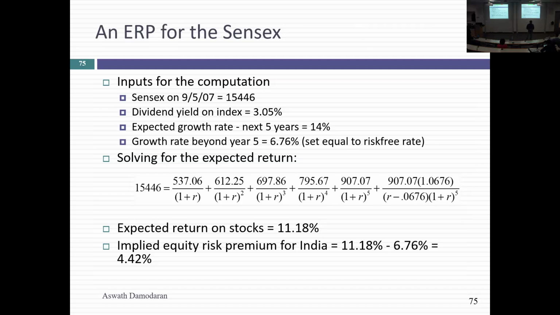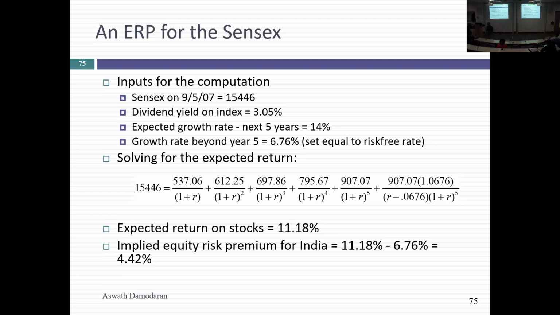A couple of advantages of this implied premium approach. One is that you don't need historical data. You don't need to look backwards. All you need to get an implied premium for a market is the level of the index today. You should be able to get that in any market. The dividends and buybacks, if any, in the most recent period, and the expected growth rate, so you can apply it. And that might be the trickiest one. And you don't have to say 5 years. You can do 5, you can do 10. If you have a high growth, young economy, you can say, because the mechanics are the mechanics, and you solve